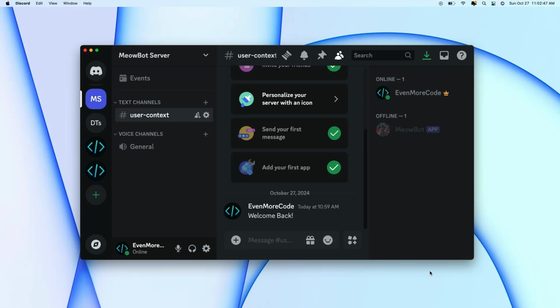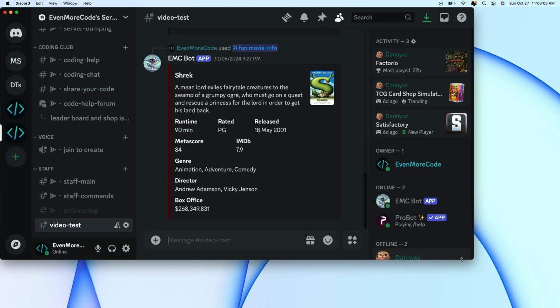What's up guys, I'm back with another video and I'm going to show you how to add user context menus to your Discord bot. Now if you don't know what a user context menu is, I'll go over to my Discord server